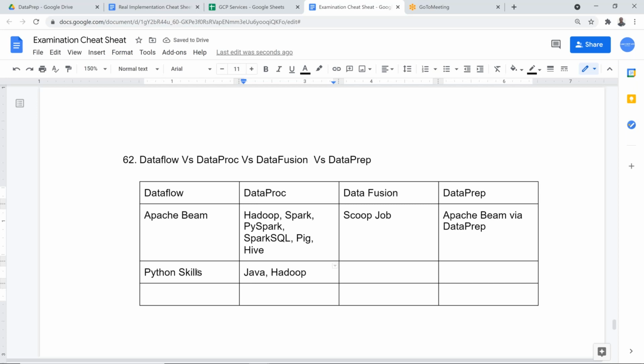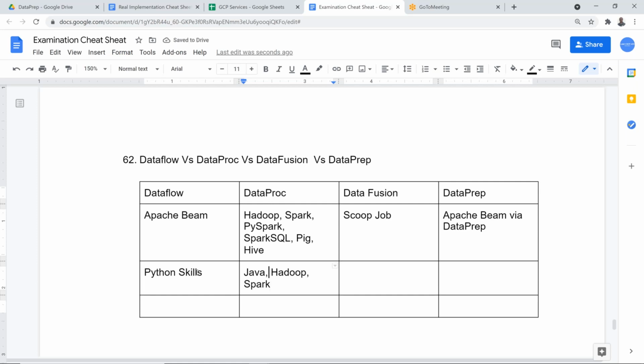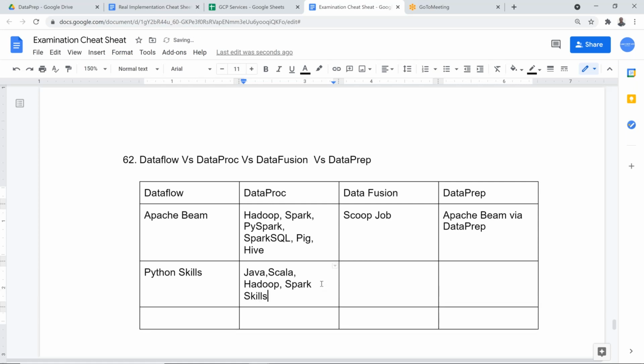skills. Yes, Data Fusion supports streaming. We had seen it, but we did not do a demo there. Hadoop, Spark skills. Basically, Java or Scala skills are required. Here, none. You just need to have a UI because everything is UI driven. You just use the UI. So same as here because it's UI driven. Here you write code. This is